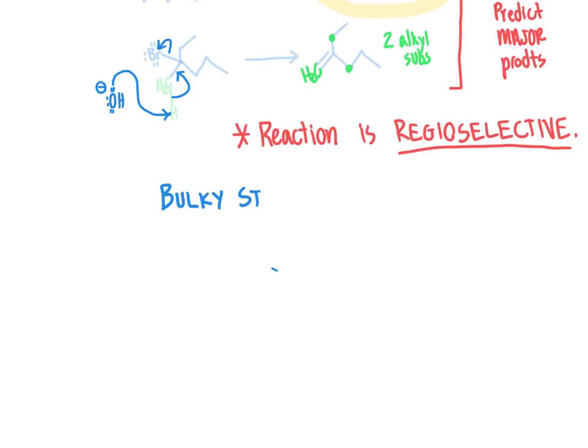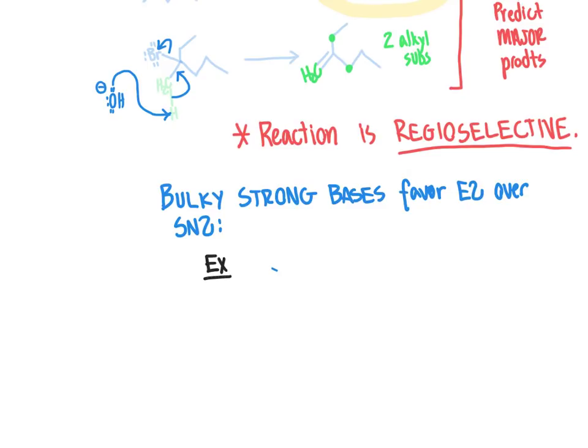So bulky, strong bases are going to favor the E2 reaction over the SN2 reaction. For example, if we were to take a look at how to stage a reaction to give elimination rather than substitution, we would be much better off using as a base